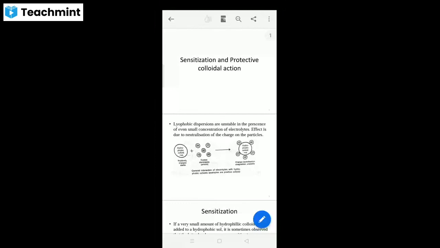So you can say that surfactant plays a very important role in the formation as well as stabilization of lyophobic colloid. After the formation of lyophobic colloid, still we need, for the formed lyophobic colloidal dispersion,